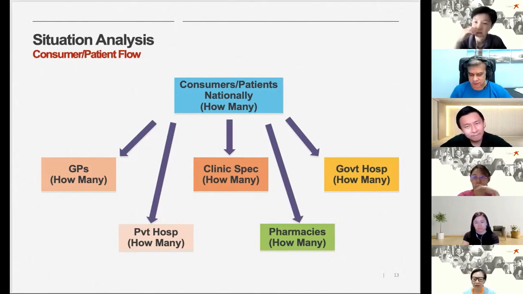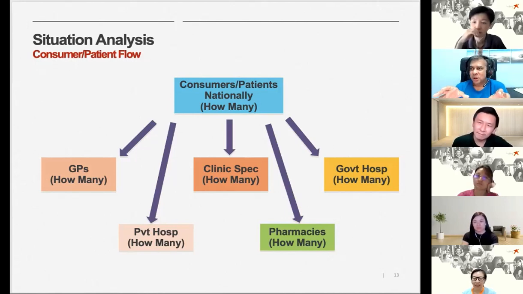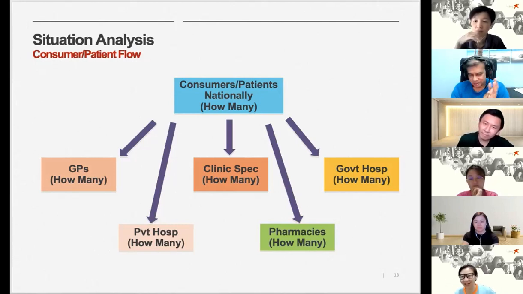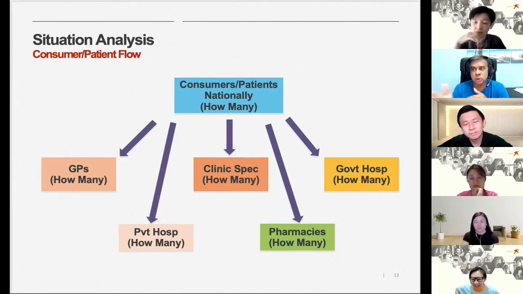But then Serena mentioned something just now. There is a group of people who are not being treated, so we need to include those as well. At least it's a way to double check, because if you calculate and it's less than the number being treated, then it's a bit weird, your number. So you can use that as additional data for you to adjust if you need to adjust. All right, Sue and Fiona.